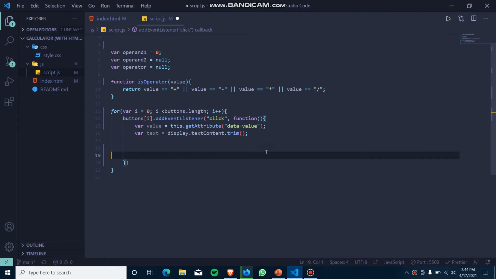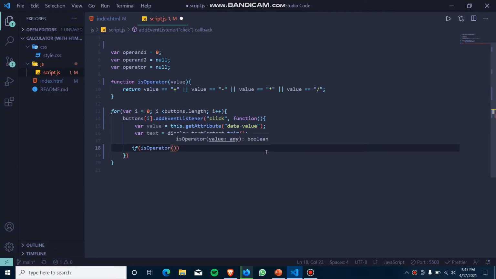So now we have to check if the value which we have taken is an operator or not. For that we have already defined a function named isOperator, which will do the same.